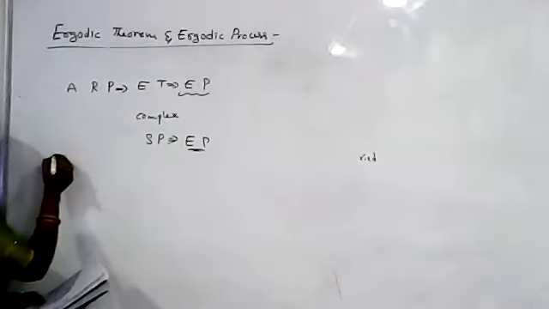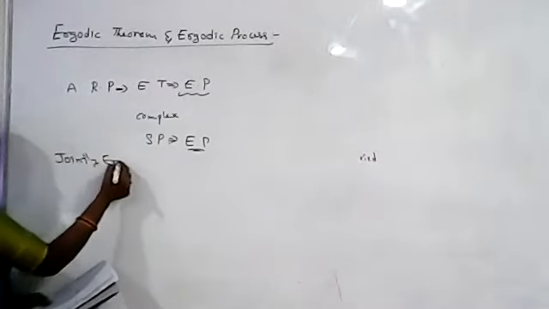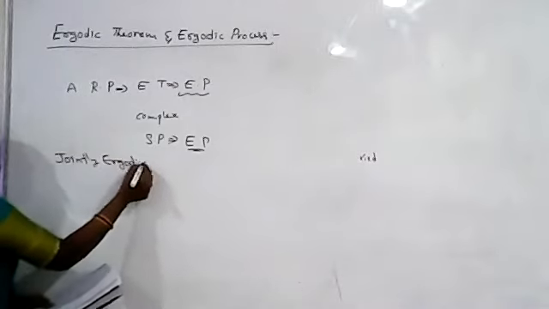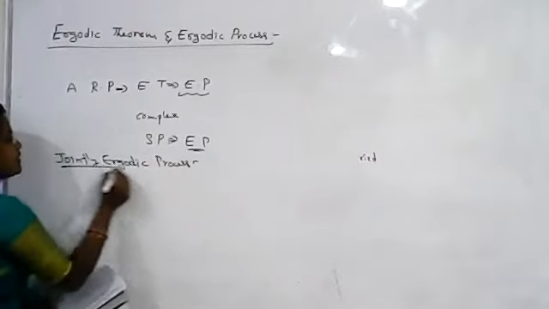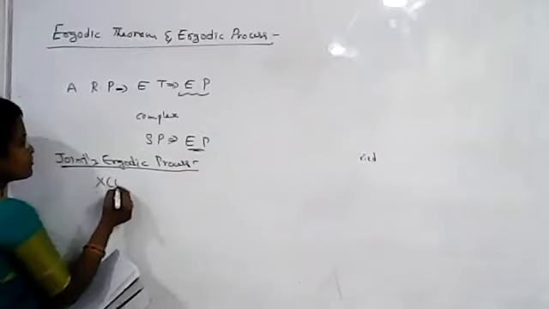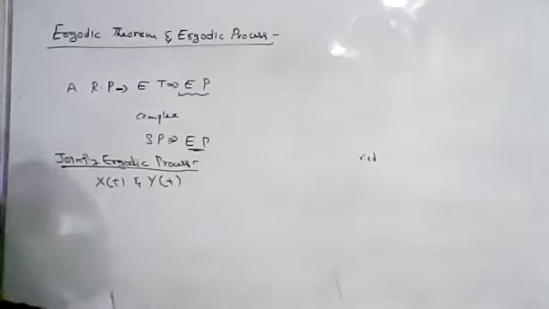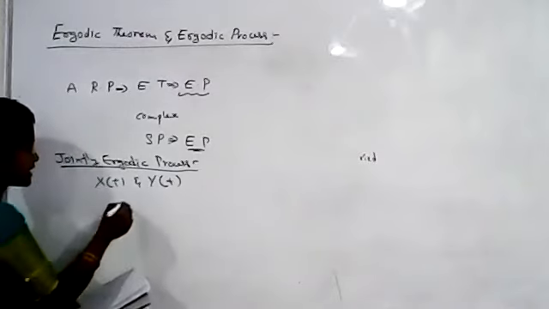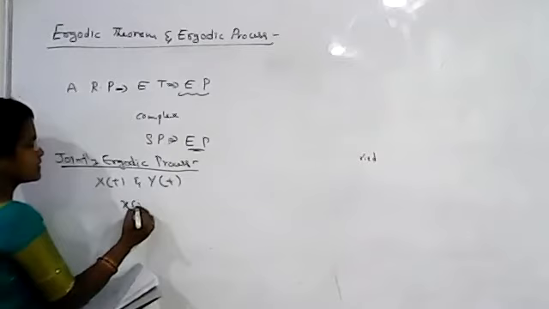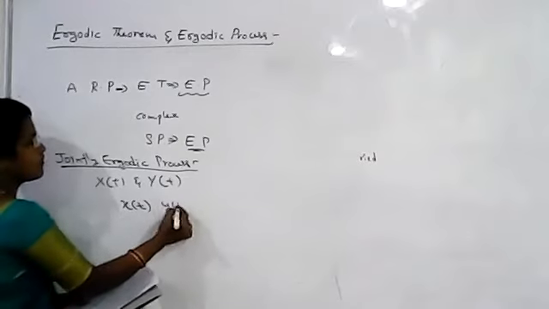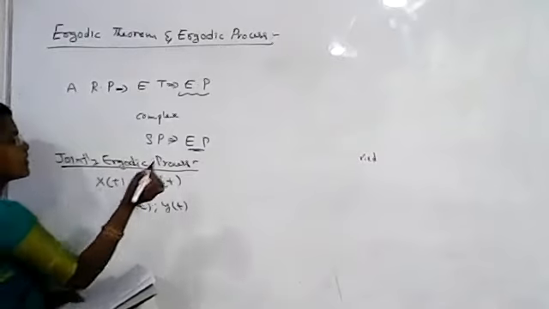Then we discuss what a jointly ergodic process is. Jointly means we have to consider two random processes. Here we consider the random processes X(t) and Y(t). From these we get two sample functions, small x(t) and y(t). These two random processes are jointly ergodic